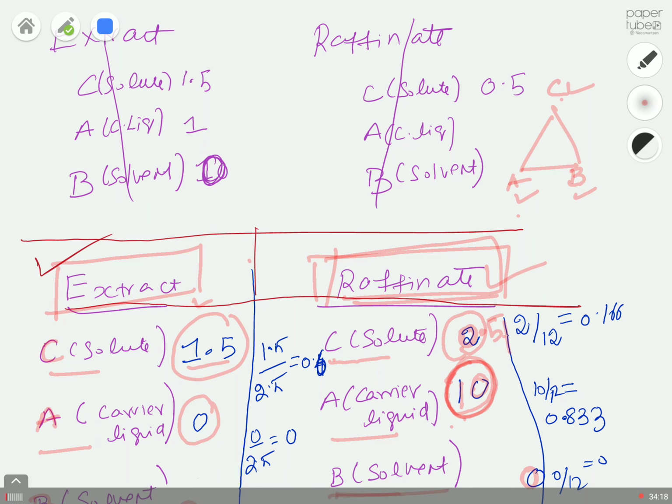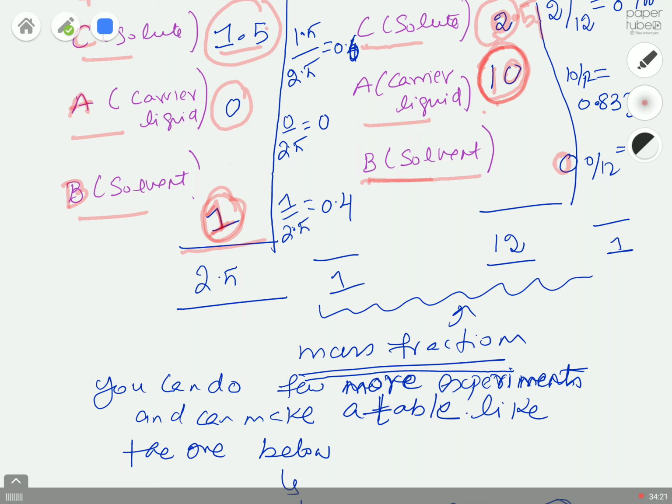So now we can convert. You just add these numbers, 1.5 plus 1, that's 2.5 here, and then you add 0.5 plus 10, so that should be 10.5 here. And then you can calculate the weight fraction. All you need to do is take 1.5 divided by 2.5. 2.5 is the total mass in the extract, so the ratio will be equal to 0.6, and then here 0 by 2.5, that will be equal to 0, and here you have 1 kg divided by total mass 2.5 kg,